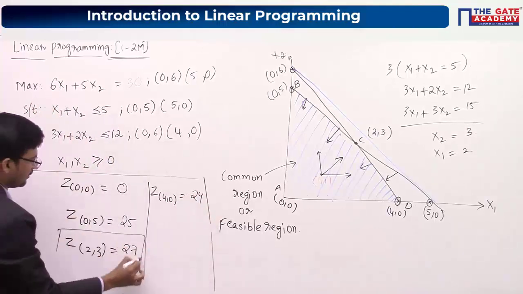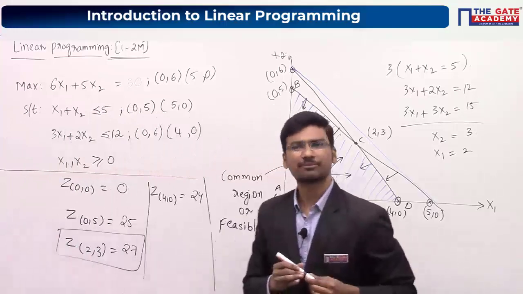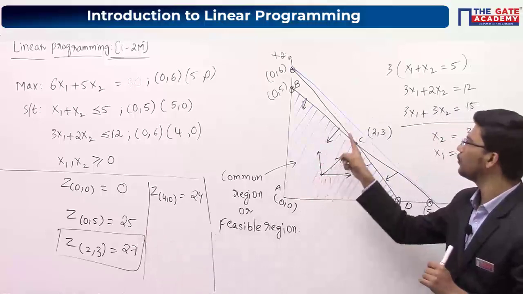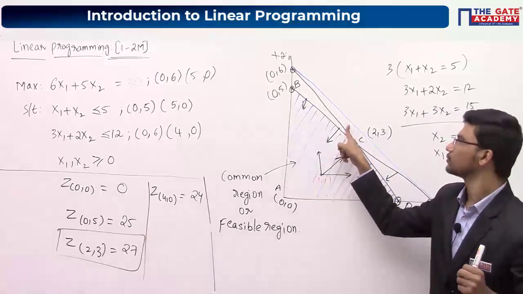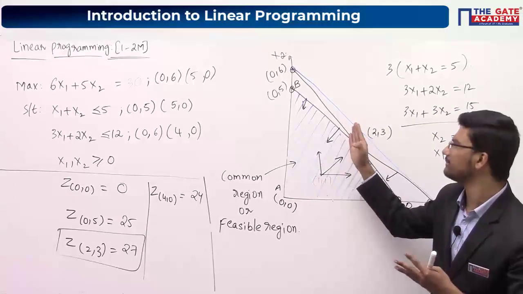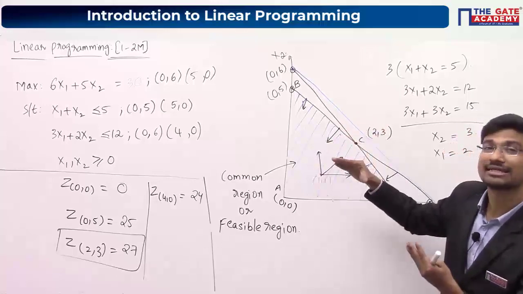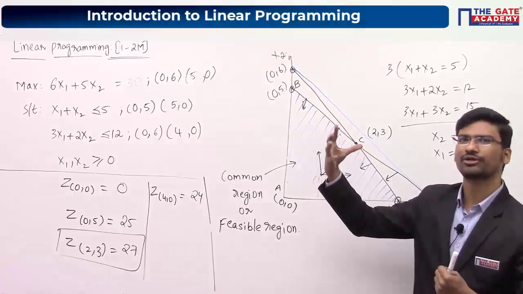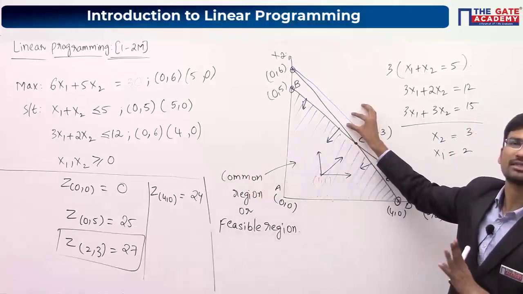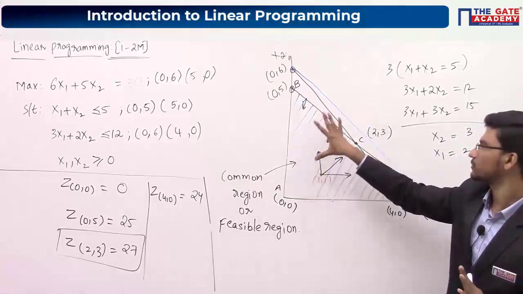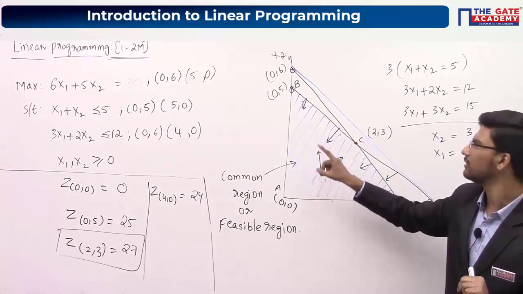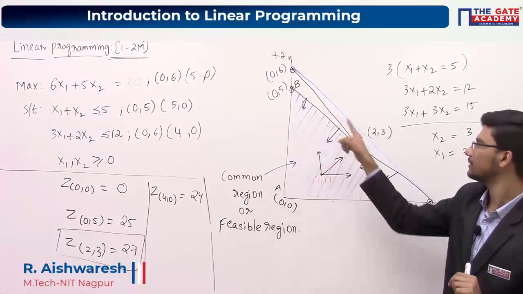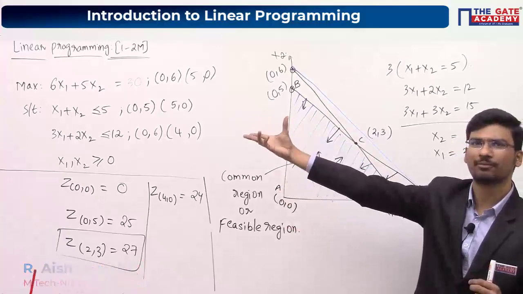Again, for each and every question, no need to plot this objective function line. We just plotted this particular objective function line to understand why we are considering only corner points. That was the purpose. For the questions you are going to get in the GATE examination, no need to plot this objective function line. What you have to do is plot the constraints, identify the feasible region, find out the corner points, and evaluate your objective function at the corner points. According to the type of problem, maximum or minimum, you can choose among these values. So the answer for this particular question is 27.